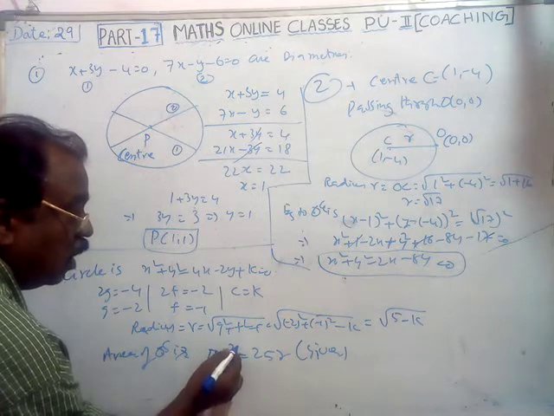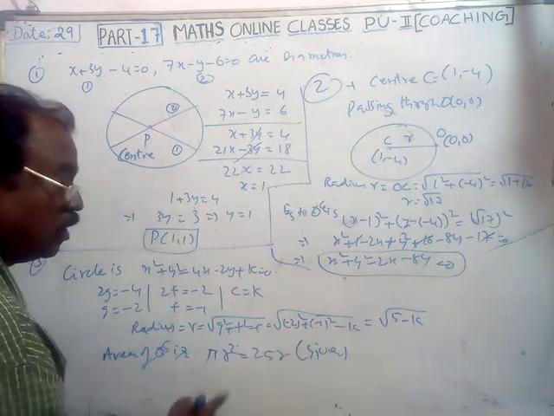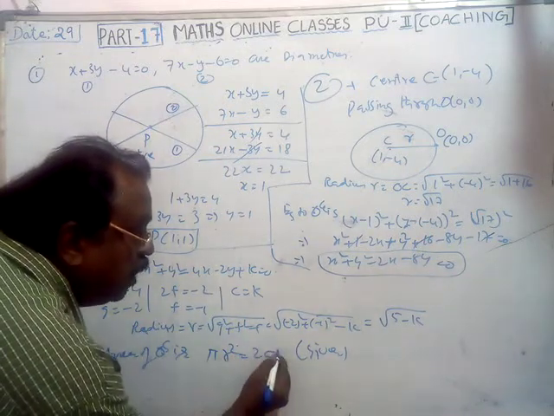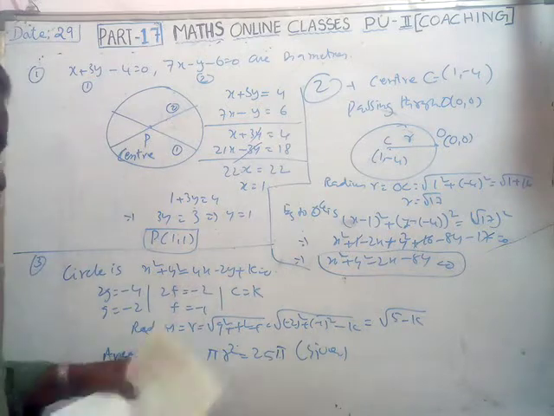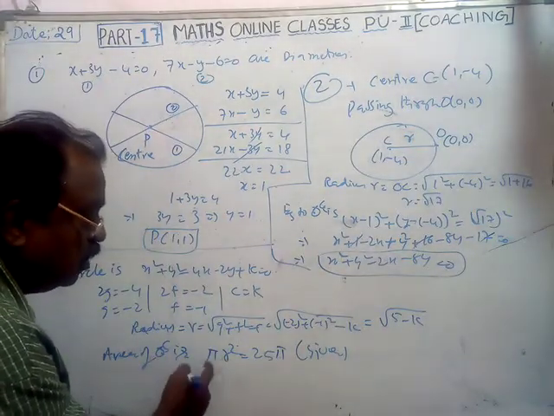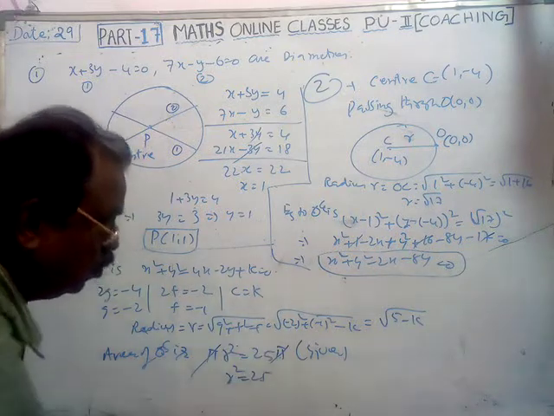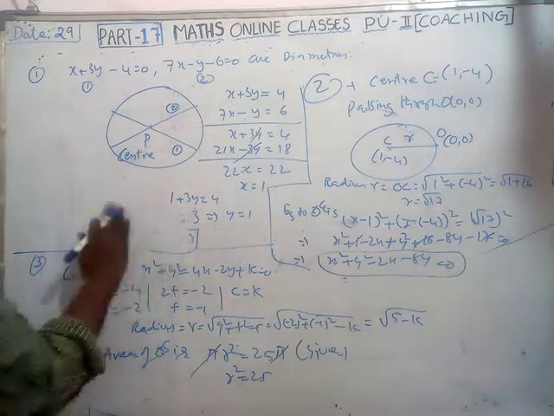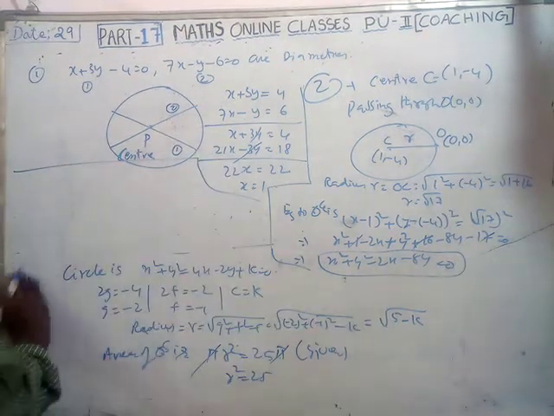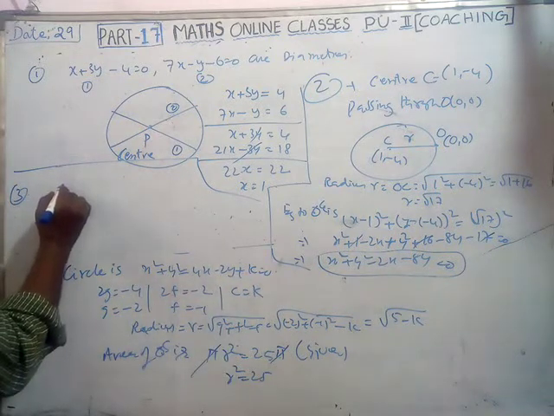Here, what is r? Here r square. The area of a circle is 25 pi is given. So pi r square is the formula. Pi cancels. R square is equal to 25. Actually, what is r square? R square is 25.